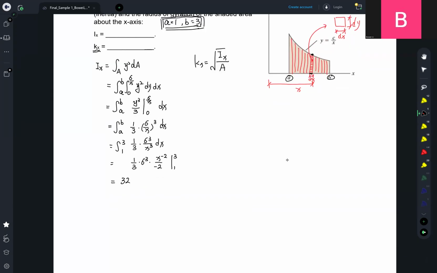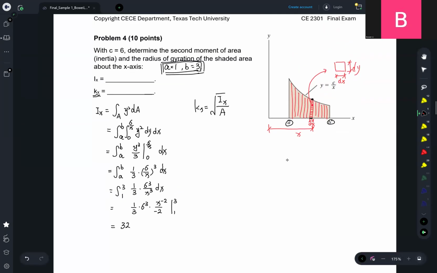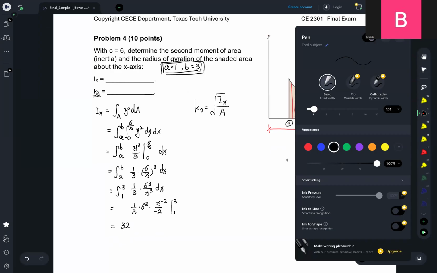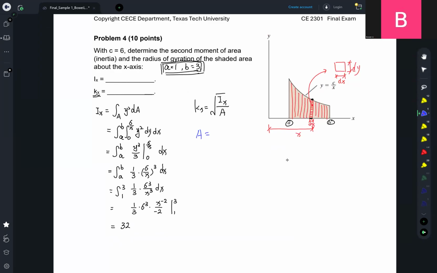So we're going to first solve for the area. The area is an integration of area, right? So area is the summation of each infinitesimal area. So it will be pretty similar to the integration to find out Ix, but it has everything except the y squared here; it will be directly dy and dx. So we first